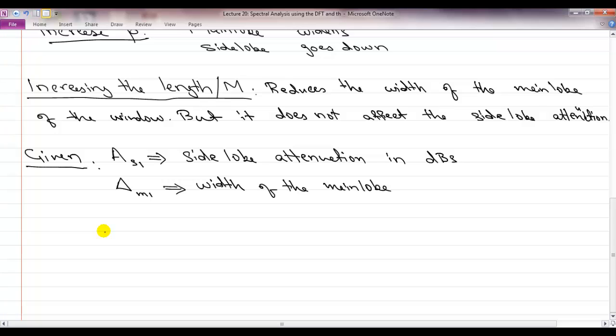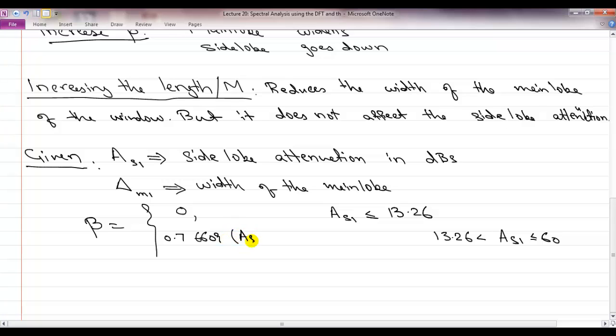Kaiser did this sort of rough calculation which lets us get close to the right value of beta up to a factor of 0.36 dBs. So if you are given ASL, you just use this simple formula. As long as your side lobe requirement is less than or equal to 13.26 dBs, you use beta equal to 0, which is effectively the rectangular window. On the other hand, if your requirement is that the side lobe is greater than 13.26 dB but less than or equal to 60 dBs, then you should really use this formula,